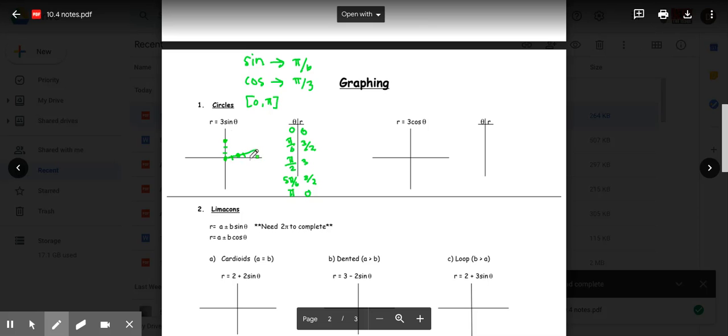At 5 pi over 6, that's this angle that takes you right to this line here. Right? 5 pi over 6 goes around right to here, and you're going out 3/2 again. And then you're back to pi, which is this angle, but you're at 0. So when we go to draw this,